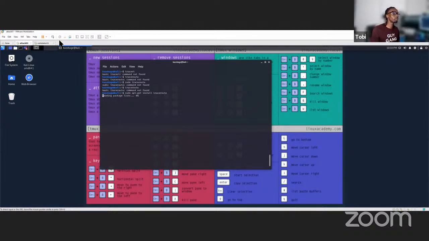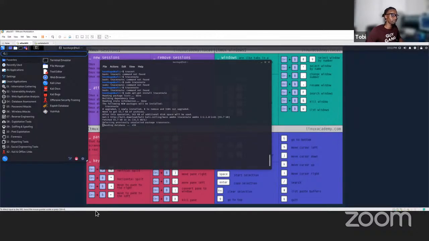But yeah, traceroute we're going to use to see how many hops it takes to get from point A to point B. It's weird. I could have sworn we've done this in class before. I don't know why. I'm reinstalling it. I don't know what's going on. Okay, that's traceroute. That's downloading over again for some reason. And what else did we have on here?